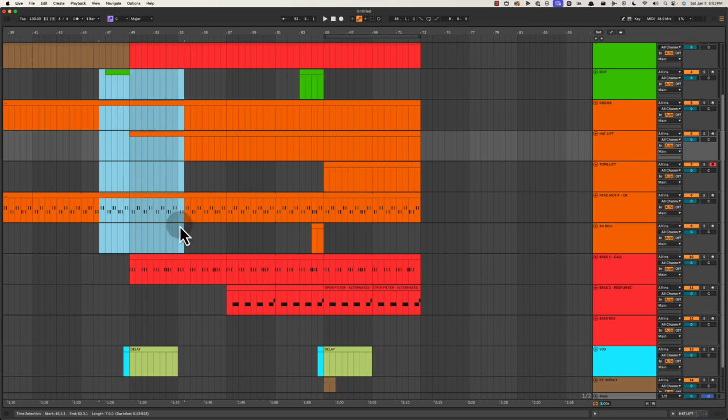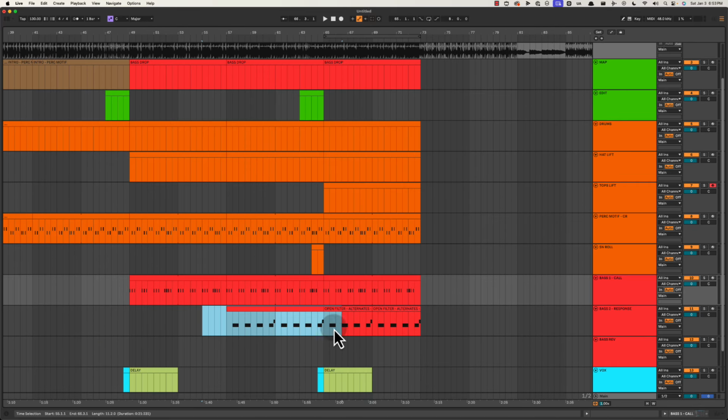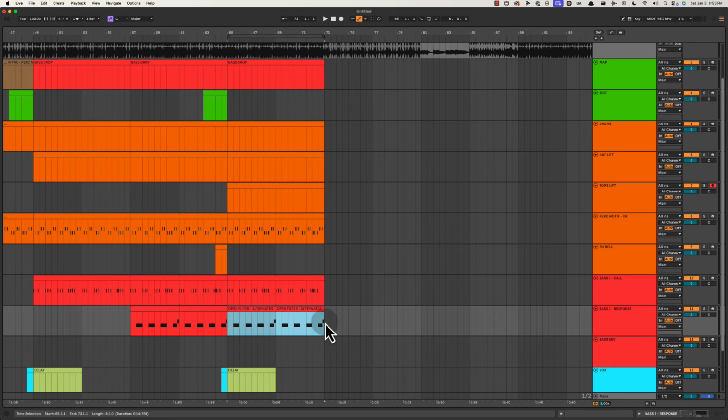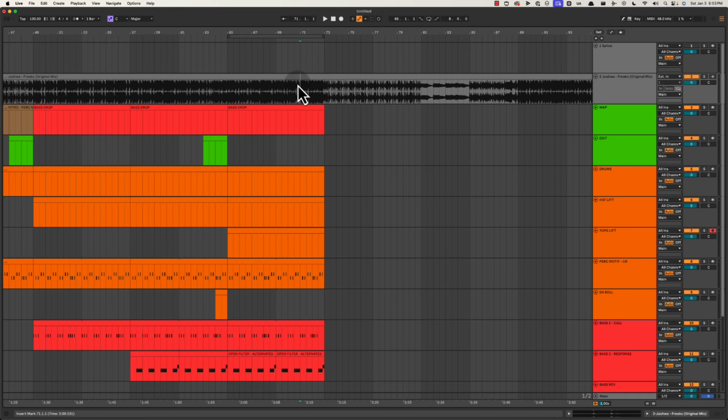Boom, we step into the bass drop. We've got the bass. We've got the hat lift. Here we step into the next 8 bars. We're getting that second bass. Here we step into the next 8 bars. We get the open filter on the second bass. And then we also get a little bit more of a tops lift. So just progressively building.